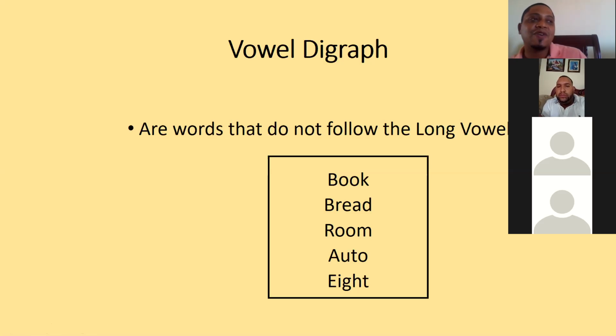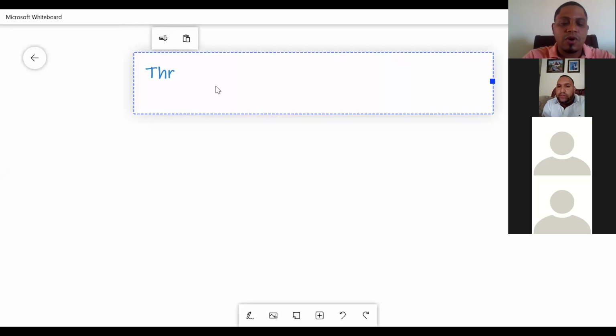So how are you going to know then in this situation? Well, I'm going to tell you, there is not a way to know it, because for you to know that this is a vowel digraph, you need to listen to the word. You need to listen to a person saying the word. For example, if you see this word and you haven't seen it before, let me give you an example of another word. If you see this word,